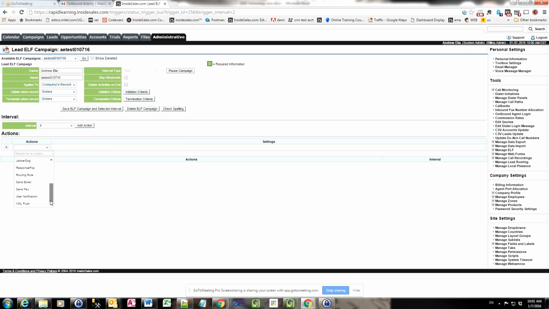You can send an email, and they're the only things that we use. Send an email, change field value, and call now. So, for example, one of the things that we use this for, for send email,